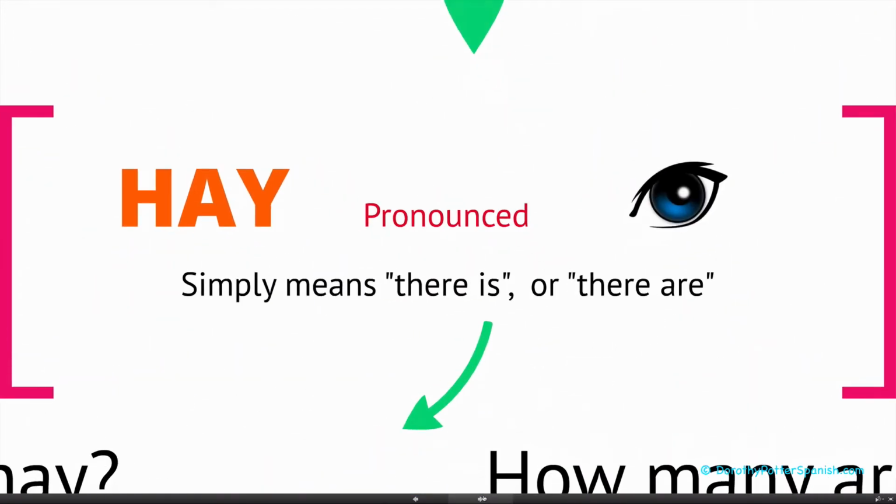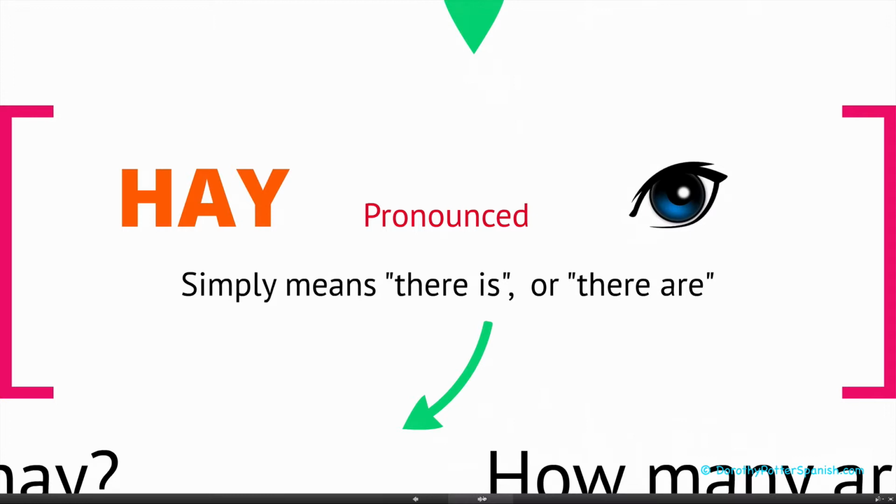Let's look at our final verb to be. Remember, ser was about essence, who I am, where I'm from, what I do, and how I am. Estar was about feelings and locations and what I am doing. How do I feel? Where am I? And what am I doing? Now, this last one is an impersonal verb that does not conjugate.